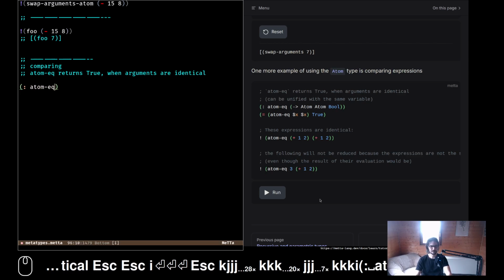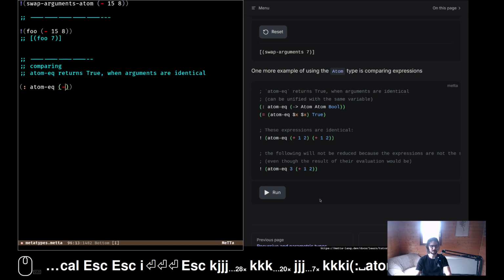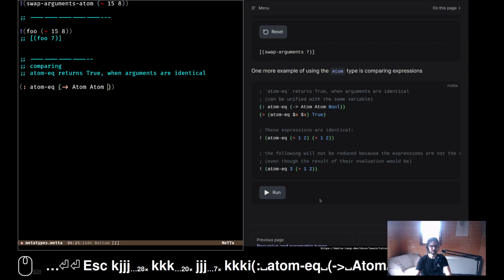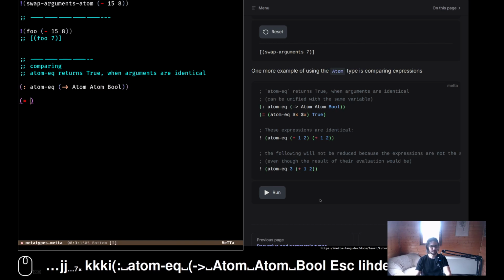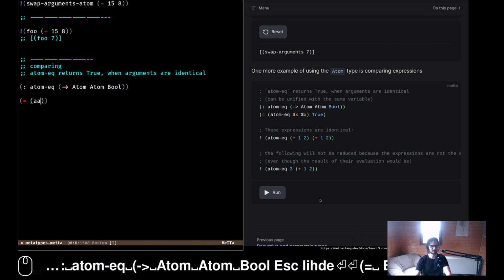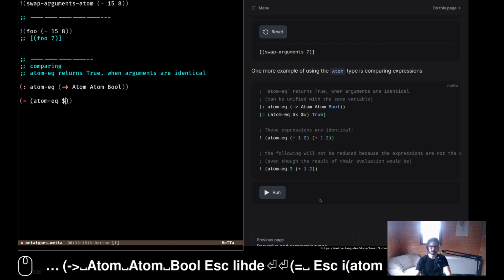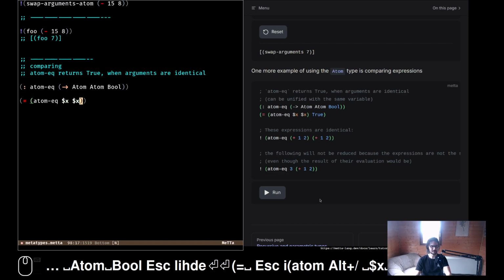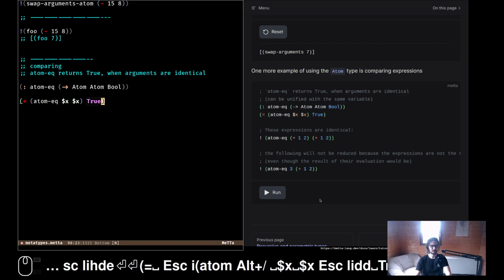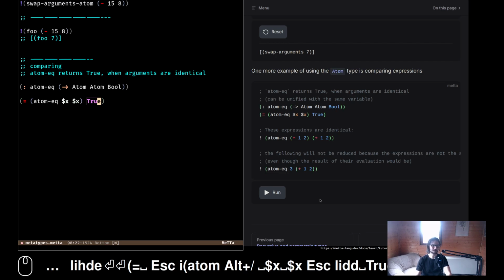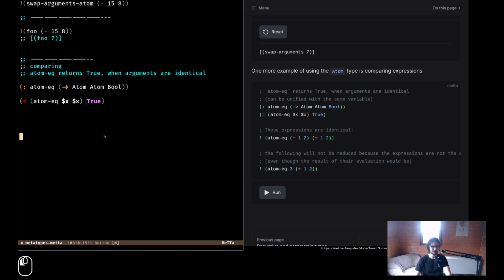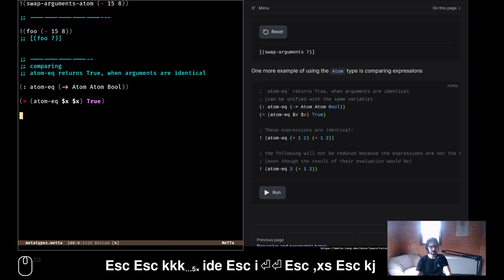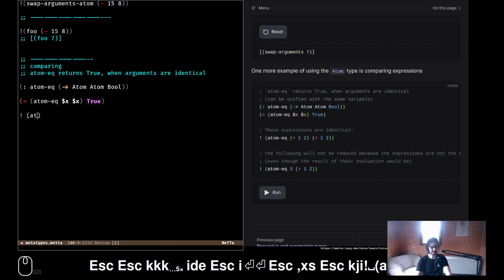Let me type this. Make a function called atom EQ. That's a function that takes an atom, another atom, and returns a bool. Then I implement atom EQ, say $x, also itself. Oh man, this is so cool. We automatically use the unify functionality, implicitly.